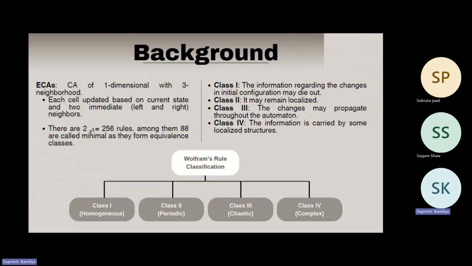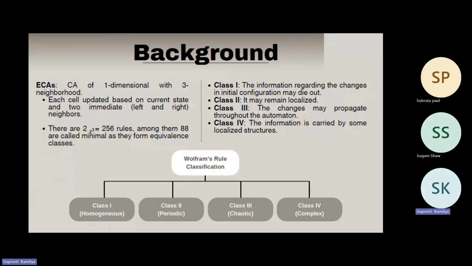Moving forward, we get to the background. And here the CAs are one-dimensional, basically as we have defined before, with three neighborhood, where the three neighborhood includes the cell itself and the neighborhood cells of right and left cell. Now, each cell is updated based on its current state and the states of its two neighbors. Based on the Wolfram classification, we can say that there were